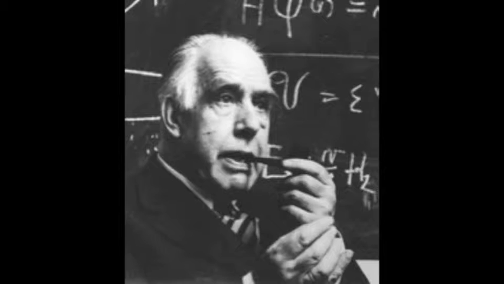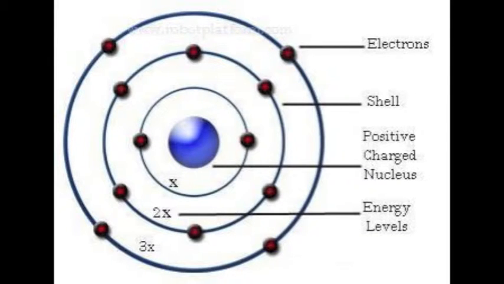Introduced by Niels Bohr in 1913, the Bohr model shows the atom as a small positively charged nucleus surrounded by electrons that travel in circular orbits around the nucleus. Electrons orbit the nucleus at set distances. The energy difference between the first and final orbit is emitted by the atom in bundles of electromagnetic radiation called